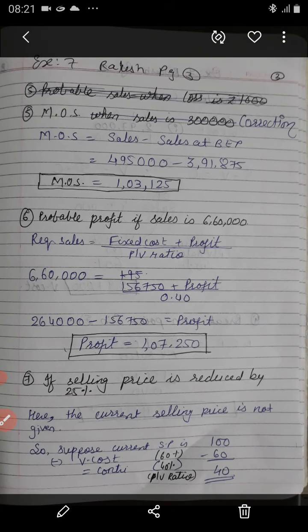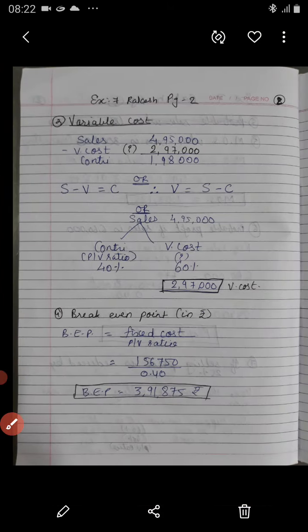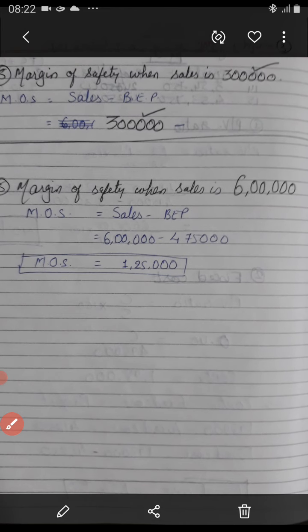when the sales is 3 lakhs. So here make a correction in the example again. Instead of 3 lakhs, take it 495. So this is the margin of safety at current sales, right? And this is the point number